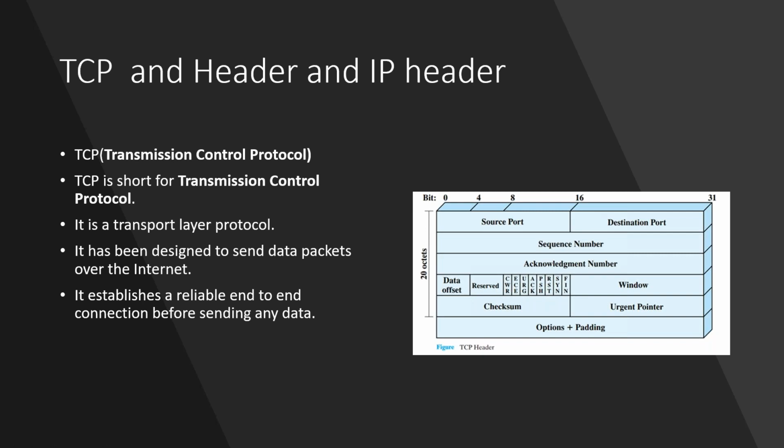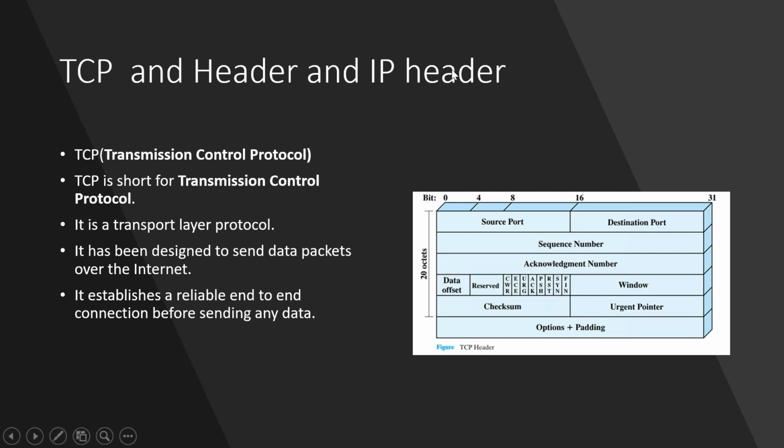Then automatically the destination port becomes 443, and the internet will choose that port. Sequence number and acknowledgement number we will discuss later because this is a more complicated topic. The sequence number is created when you're sending data. When you send a packet, every packet has a random sequence number created automatically, and every packet has a unique sequence number, and the acknowledgement number as well.